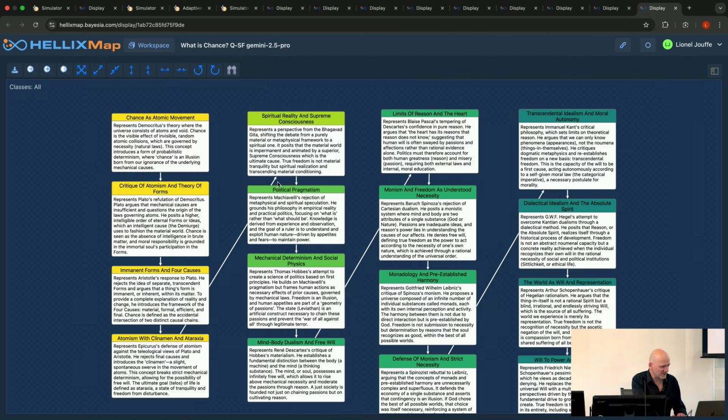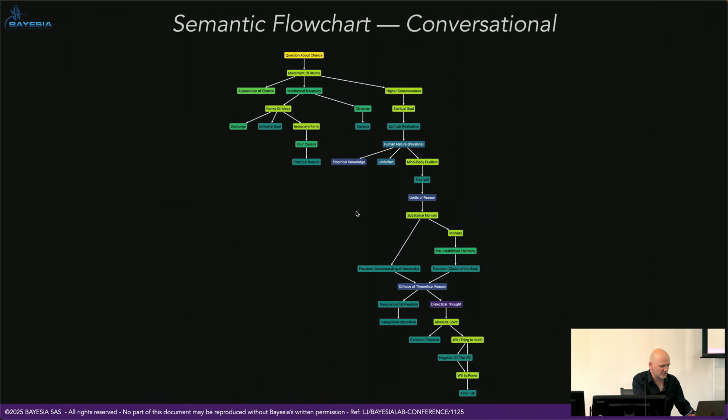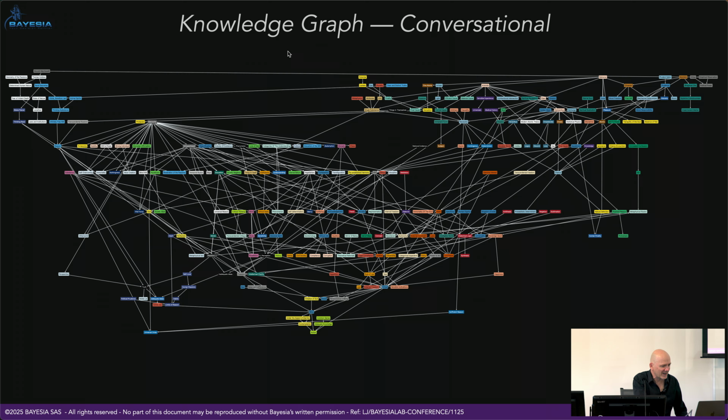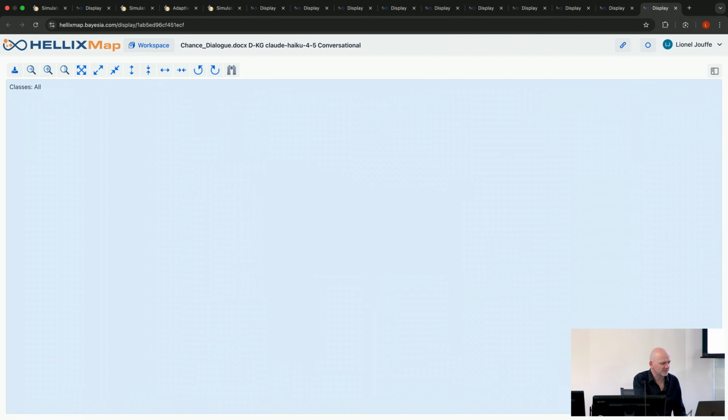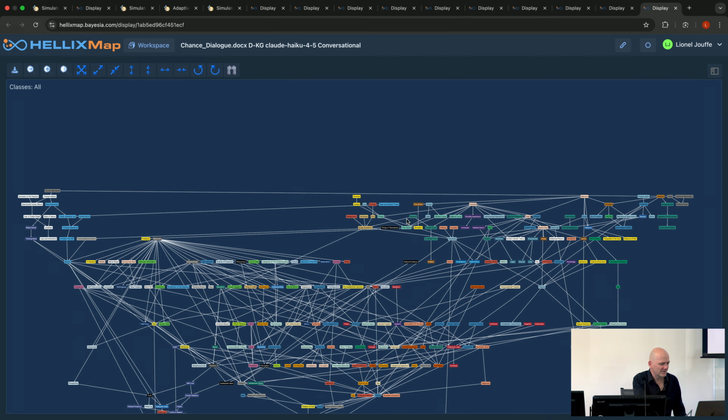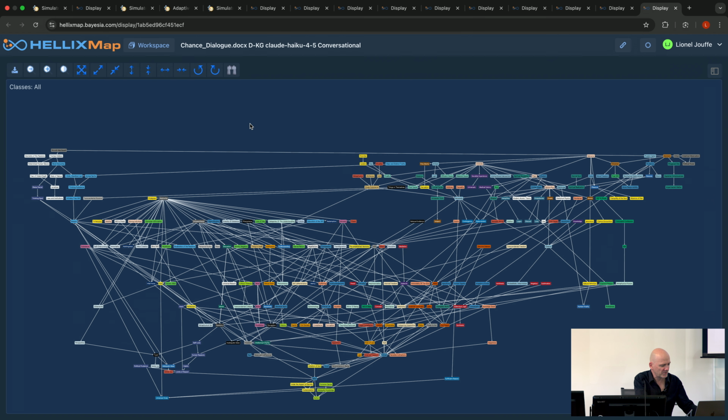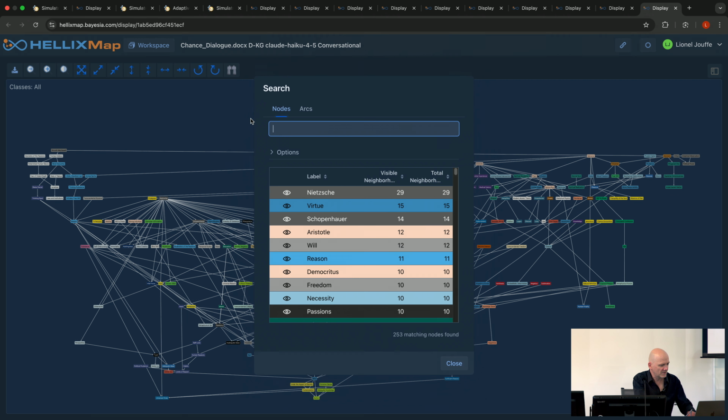And I think I have a last one. So this is the flowchart I just showed you previously. And the knowledge graph for this one, which contains how many nodes? Yes, you have 253 nodes, so you see it's not easy. And here, the most important one is Nietzsche, right? So if I go there,